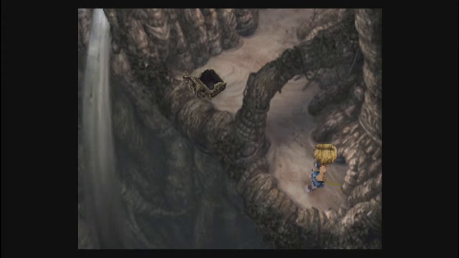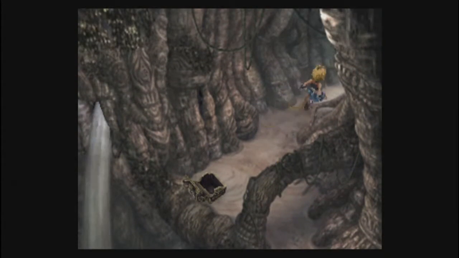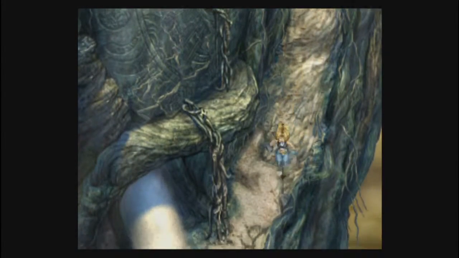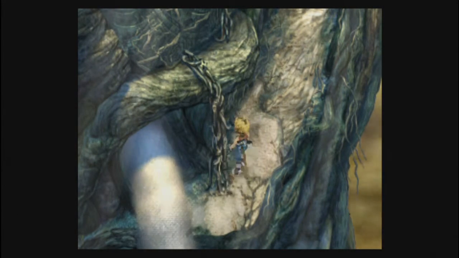We're still in the Cleyra tree, slowly making our way up. We managed to release some sand into the lower levels, so we're going back down now to access other parts of the tree that we couldn't quite access before. And this lets you know, see, there's now sand pouring out of the hole that we came through earlier, so now we're going to climb these vines